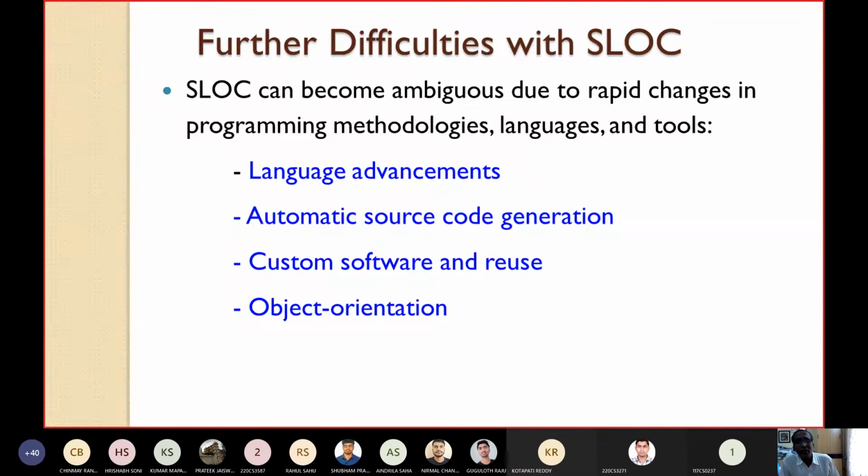Then how to compute the SLOC? I hope those who have read software engineering have seen some tools used for drawing UML diagrams. In our lab, RSA is there, Rational Software Architect, a tool from IBM, and it has a very good feature. If you know UML diagrams, one important diagram is the class diagram.